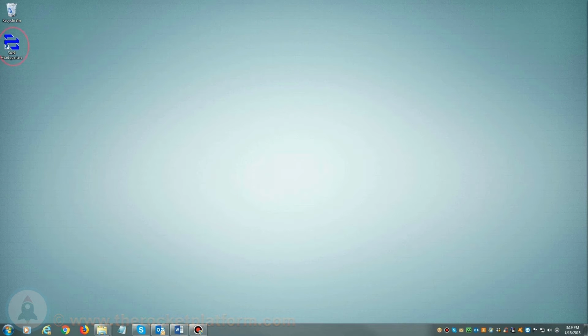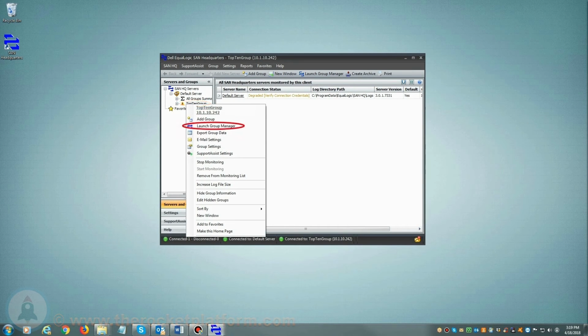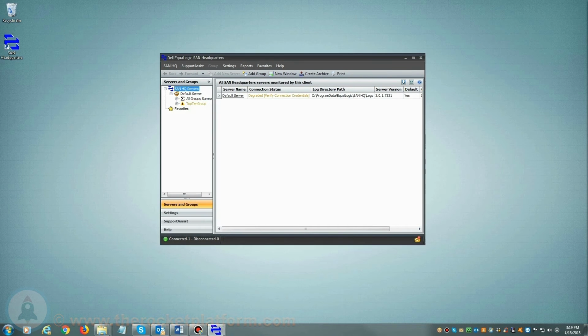If you are utilizing SAN Headquarters, you will want to launch the SAN Headquarters client. Once SAN Headquarters is loaded, on the left-hand side of the page you will see a list of current groups managed by SAN Headquarters. From here you will need to select the particular group with the current issue. You will right-click on the group name and select the option Launch Group Manager and log in using your login